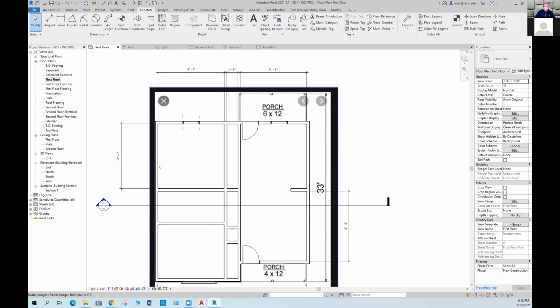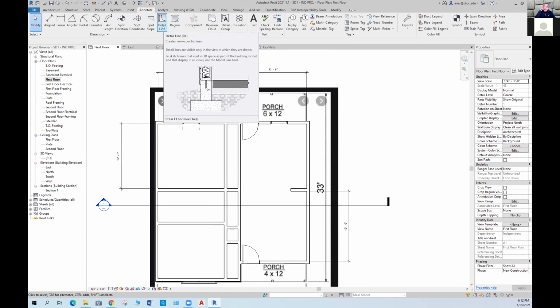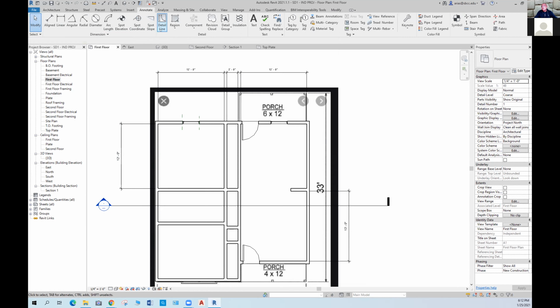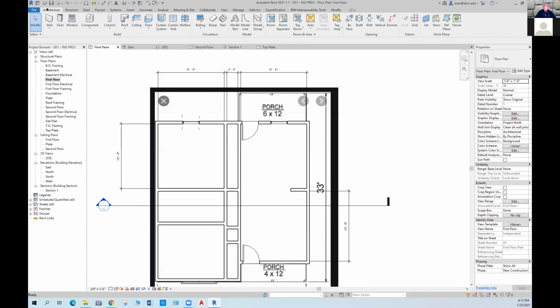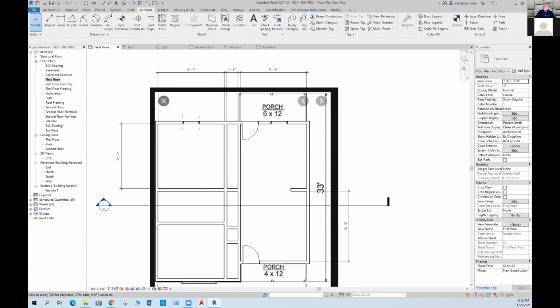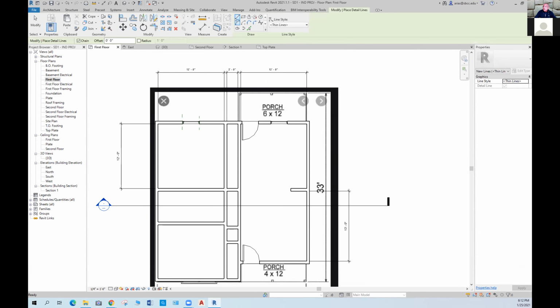For the purposes of the exercise today, I am going to use only the detail line. And so select annotate and detail line. And now you get all the possibilities of geometry shapes here, plus you get a selection of line styles that you can use. Let's do that again. Select annotate, select detail line, and then you can select any shape you want. If you want to do just lines, then fine, select the line tool, and then